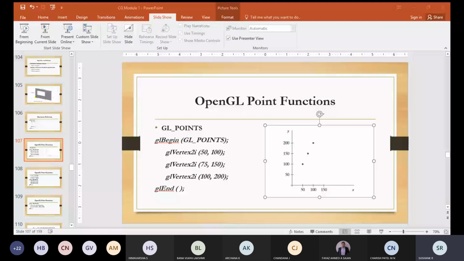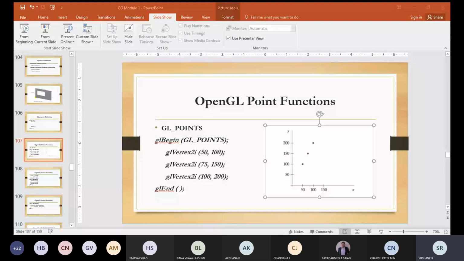So you can write GL vertex 2i, GL vertex 3i, GL vertex 4i. That numerical value gives you the dimension. It can be 2D, 3D, or 4D. And this suffix code is there: i stands for integer, f stands for float, and d stands for double.